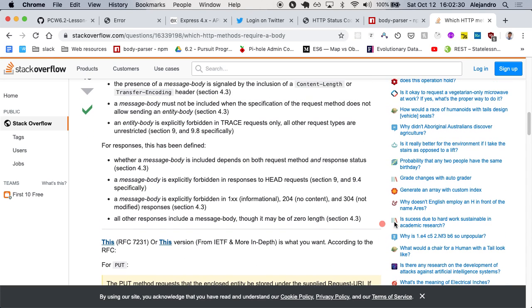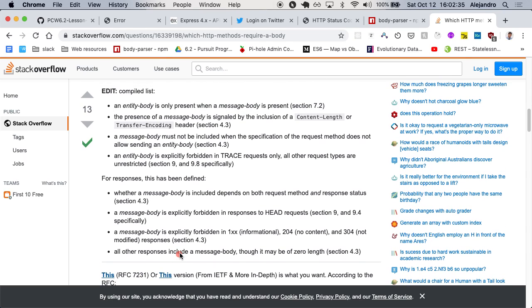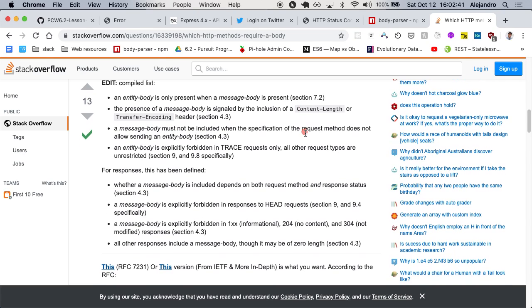Yeah, this is also taken from the standard, from the RFC. This says a message body must not be included when the specification of the request method does not allow sending an entity body. For instance, an entity body, which is basically a request body, is explicitly forbidden in a TRACE